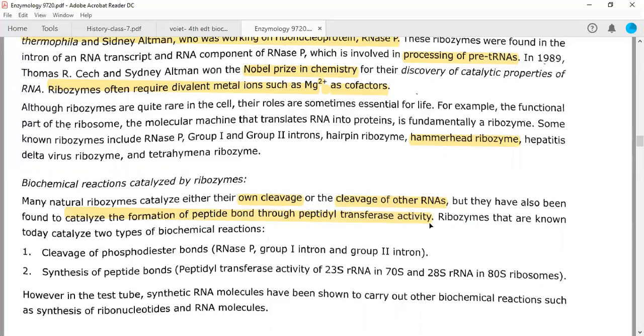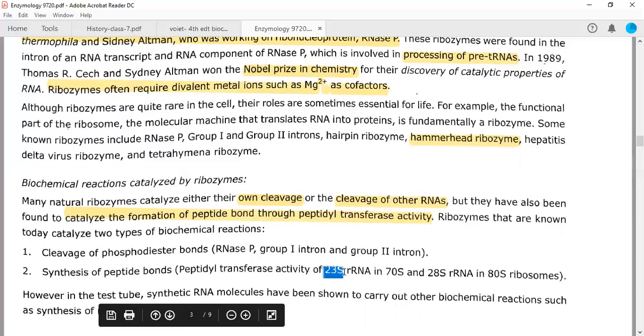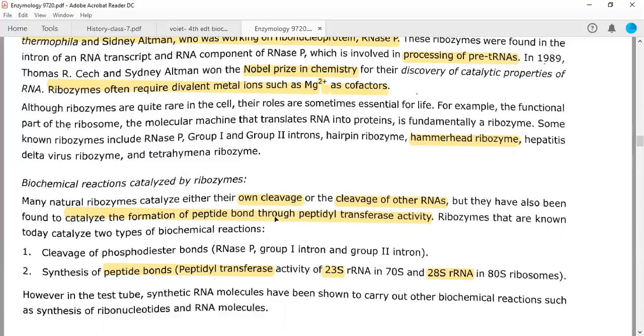So the ribosomes are catalyzing the synthesis of proteins. At that time, the 23S rRNA, a direct question of CSIR, has been asked. In prokaryotes, this 23S rRNA is present in 70S ribosomes, and 80S ribosomes are present in eukaryotes, where 28S rRNA works like peptidyl transferase. They catalyze the formation of peptide bonds between the amino acids, so that the amino acid chain can be